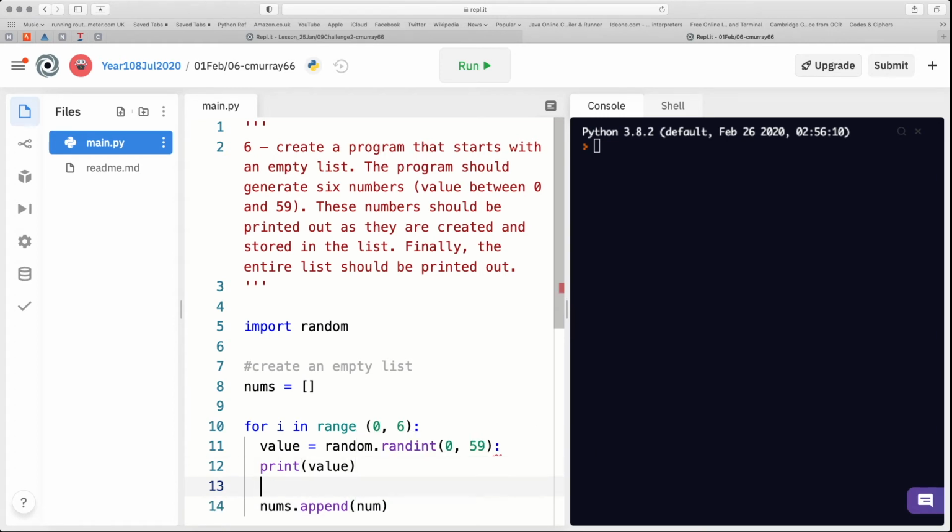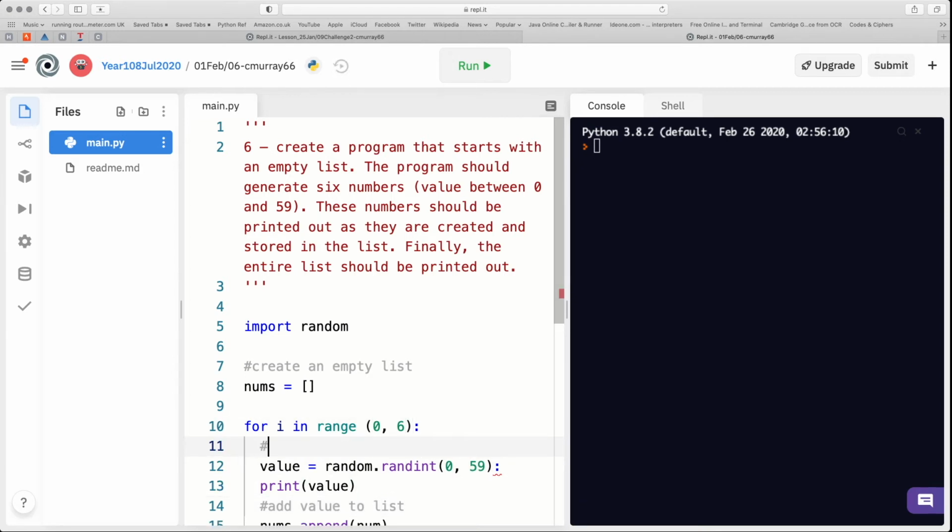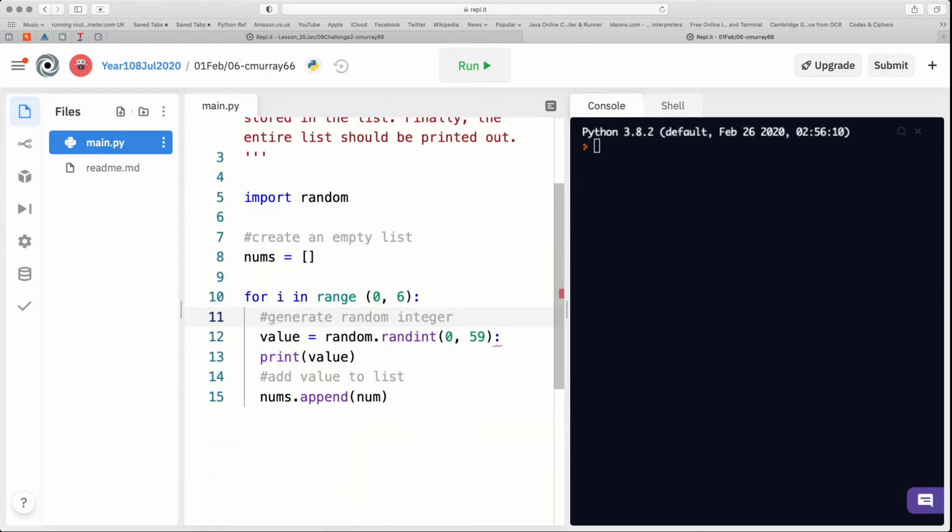Okay, so here, add value to nums, to the list, generate random integer in a range, and then finally outside the loop